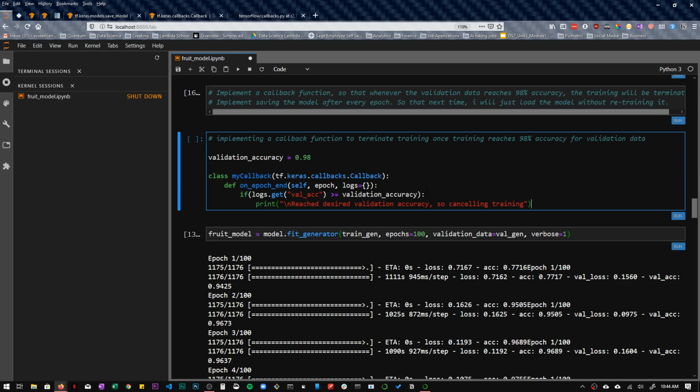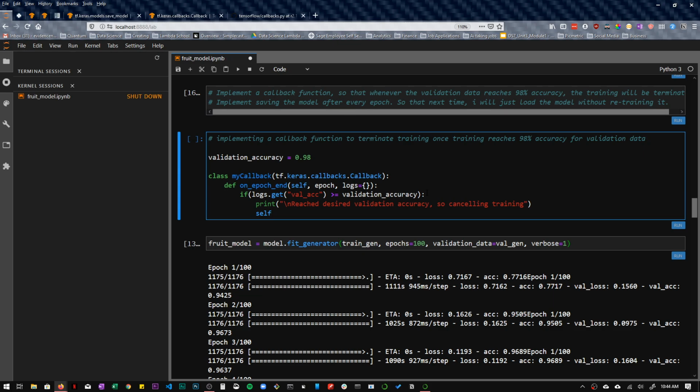And then you want to do self.model.stop_training equal to True. So basically with this class that we just defined, what is supposed to happen is that when the validation accuracy is greater than or equal to 0.98, then this model is going to stop training. That's how this is supposed to work.